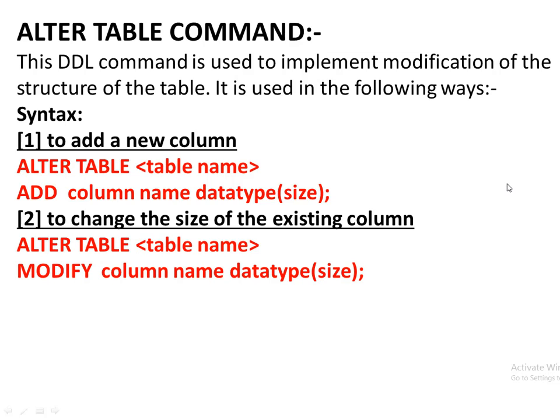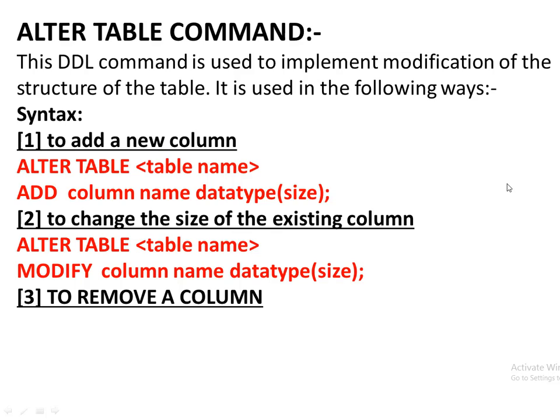It happens when you create a table and after some time you realize that you want to add or delete some column, you want to change the data type of some column. For all these purposes, alter table command is used. You can create the schema and after that you want to change the primary key or you want to make some column primary key, then alter table command is used.